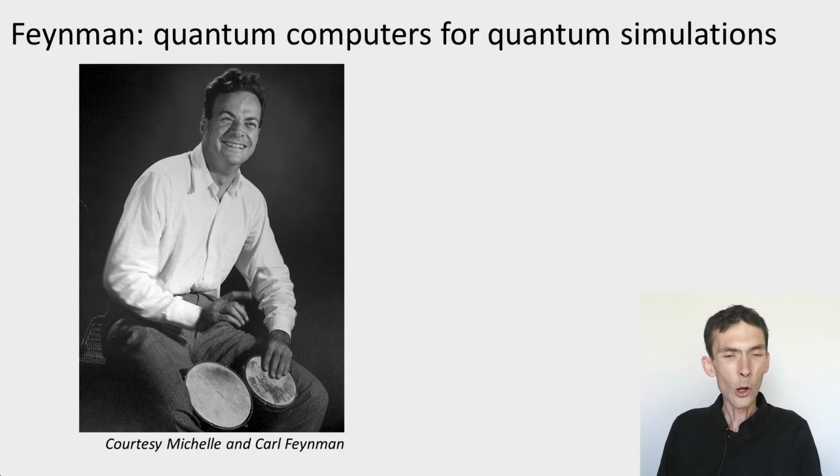and how will we interact with them? What are the kind of tasks that they'll be most useful for? This is a question that was already asked by Richard Feynman, who was a professor of physics at Caltech. And Feynman is credited as one of the inventors of quantum computing. He was the first to foresee the possibility of using quantum mechanics to implement certain procedures or certain algorithms much faster than you could classically.